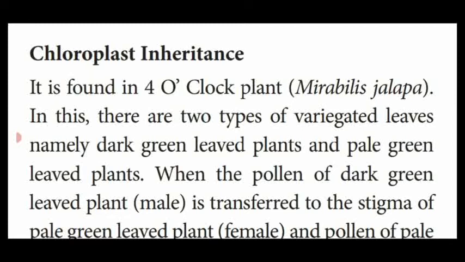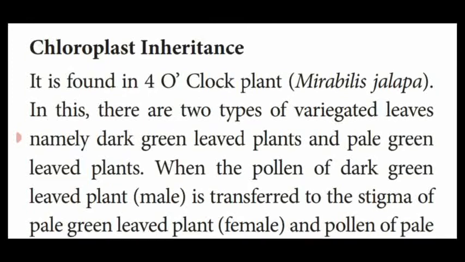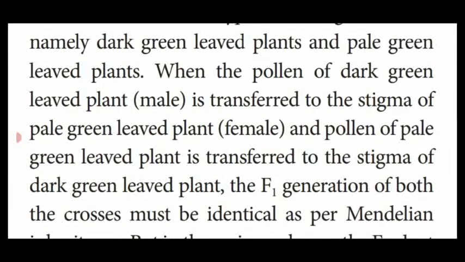One is the dark green leaved plant and the other is the pale green leaved plant. When the pollen of the dark green leaved plant, which acts as the male, is transferred to the stigma of the pale green leaved plant, which acts as the female,